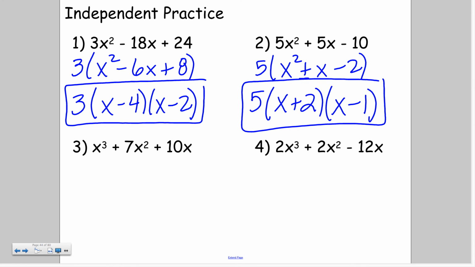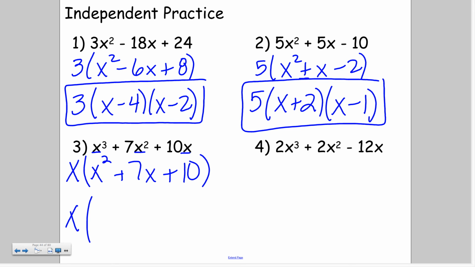Alright, number 3, I've got a little bit different GCF. I don't have a number in common between 1, 7, and 10, but if you'll notice, they all have an x in common. So I can take out 1x squared plus 7x plus 10. X still comes down. And I want to multiply to get 10, add to get 7. So x plus 5